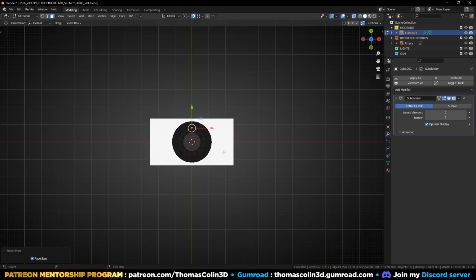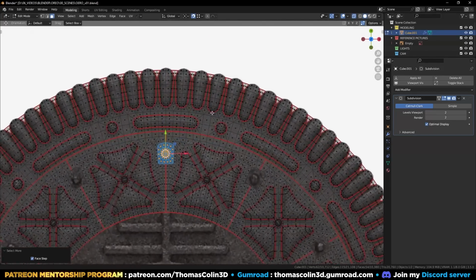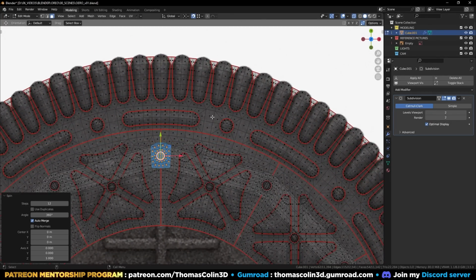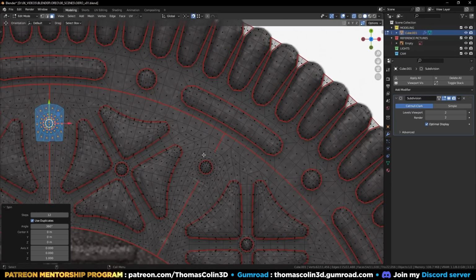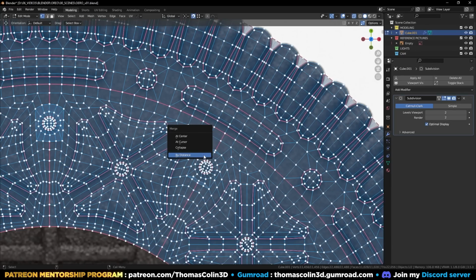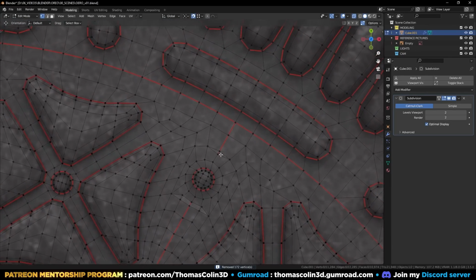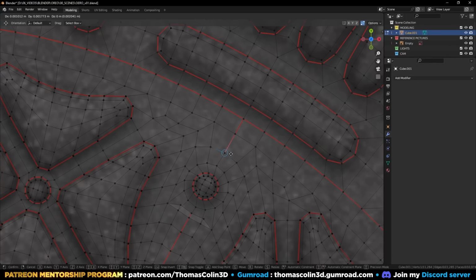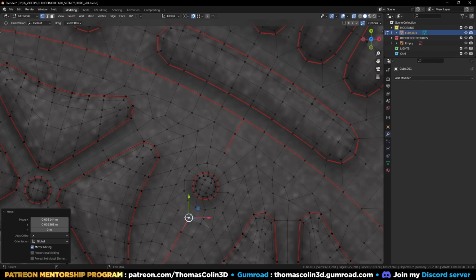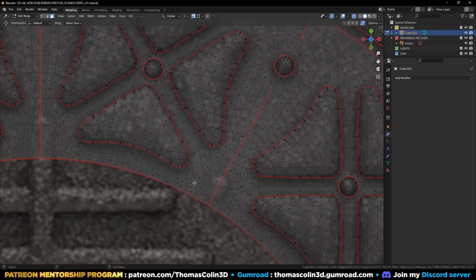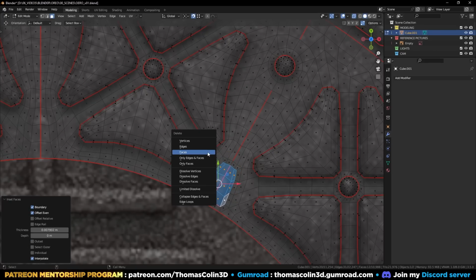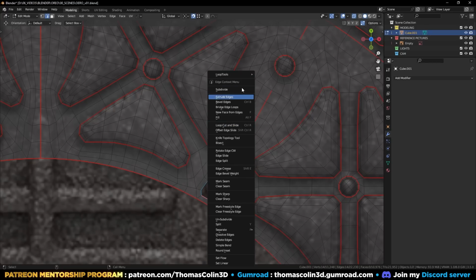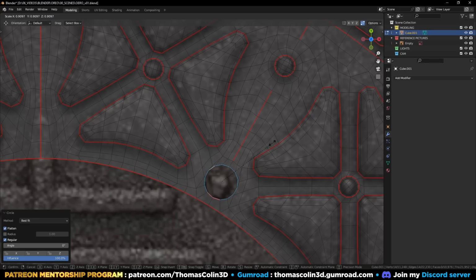Reset the 3D cursor location, Shift C, Alt E, spin, click on use duplicates. Perfect. Select all the vertices, M, merge by distance. And we need to adjust these vertices a little bit. There is another detail there, so I'm just going to select these, I to inset, remove, right click, loop tools, circle,